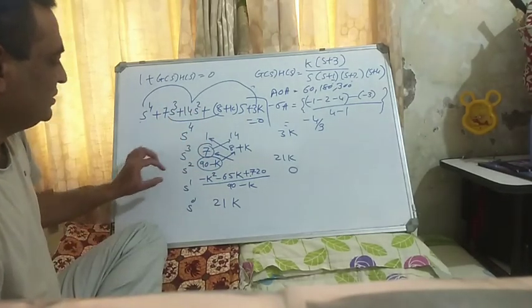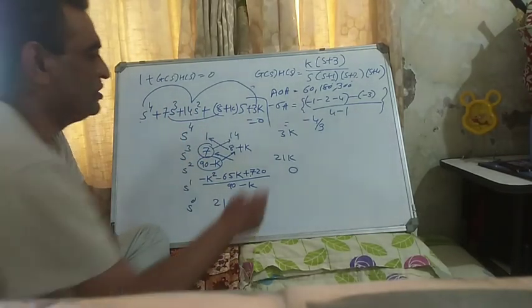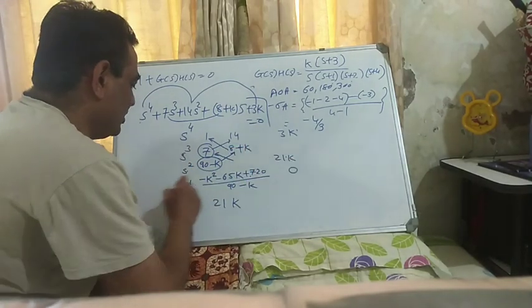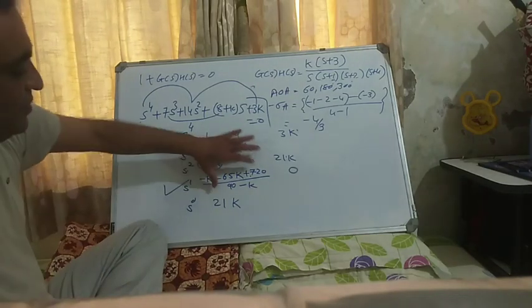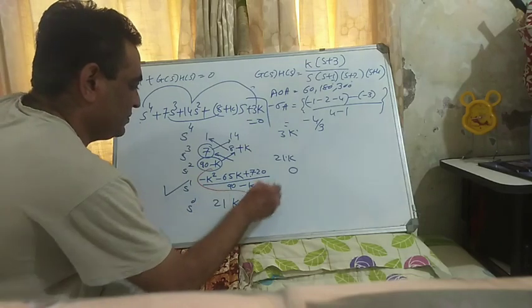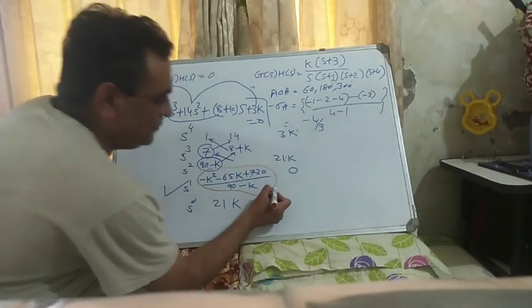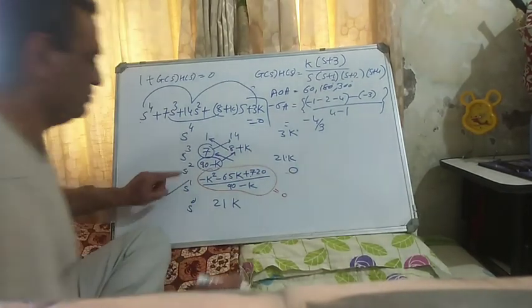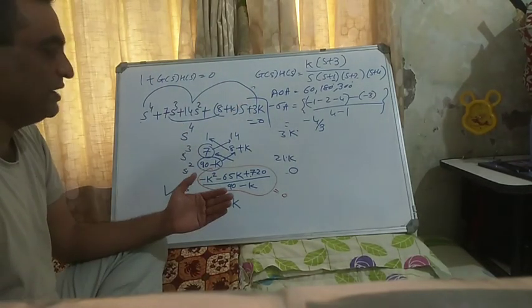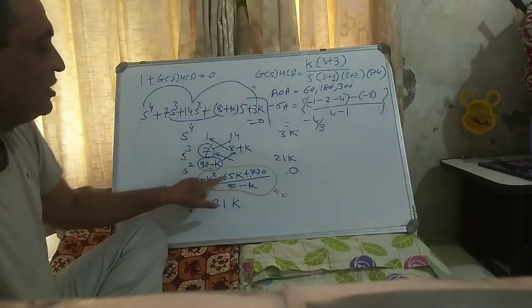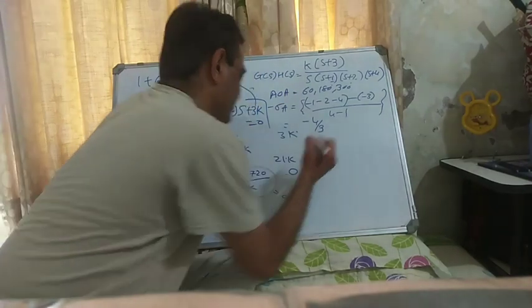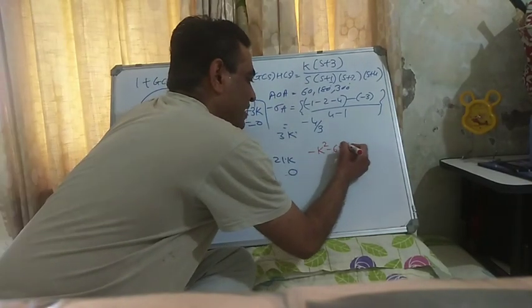Now you want that entire row to be 0. So this row cannot be 0, this row also cannot be 0, but you can say that this row can be 0 if this term equals 0. Then the entire row is 0. It means that there are multiple roots on the imaginary axis, and that is what we intend to find. So if this is equal to 0, then this means